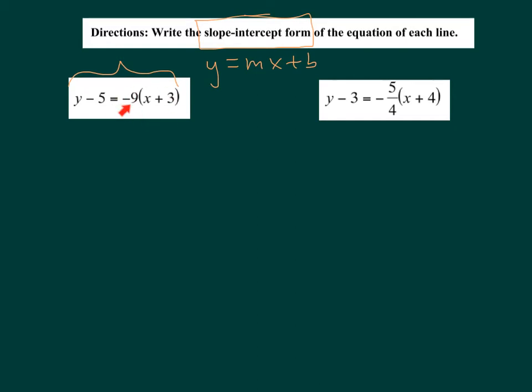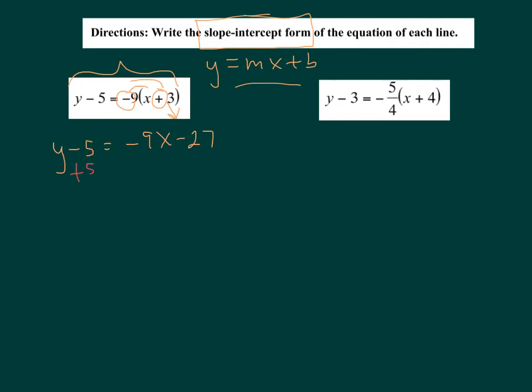So I said, well, you know what, let's try to distribute that 9. On the left side, I'm going to write what's there because I didn't change anything. And as I distribute that 9, I'm going to get a negative 9x minus 27. And it's a minus 27 because a negative 9 times a positive 3 is a negative. Now, am I in slope-intercept form yet? Almost. The 5 over here on the left side